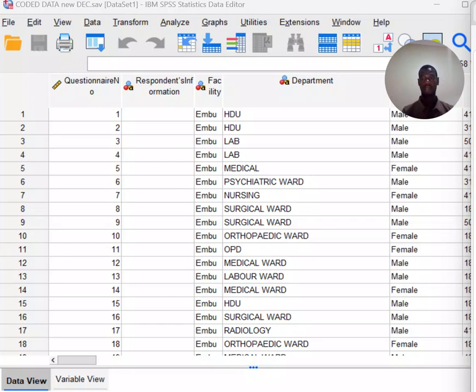But for today's analysis, we are going to use internal consistency, which is the most commonly used, where we'll be looking at the Cronbach's alpha. Remember, the Cronbach's alpha is the most used statistic to measure internal consistency. And you are going to interpret this